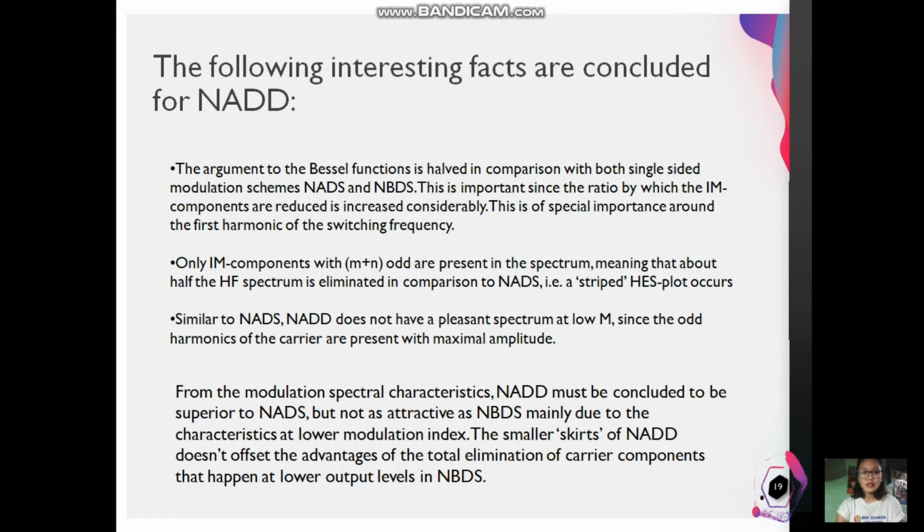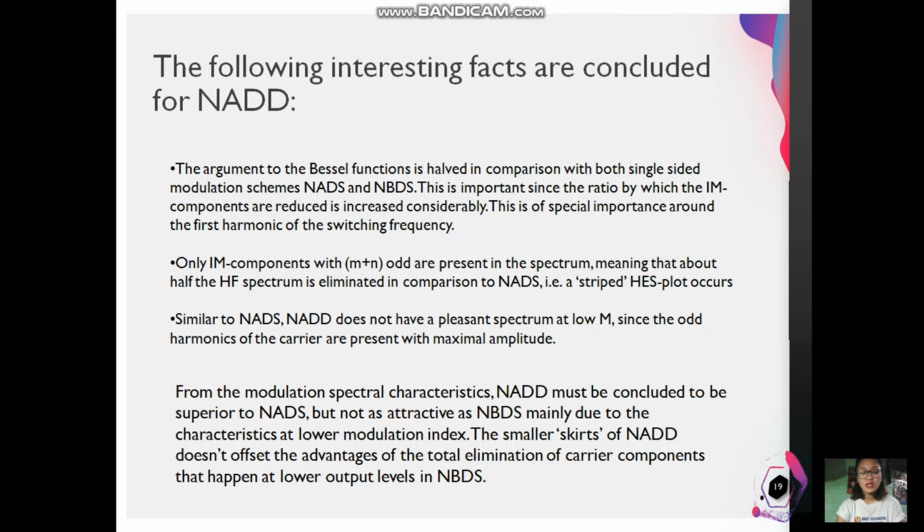From the modulation spectral characteristics, NADD must be concluded to be superior to NADS, but not as attractive as NBDS, mainly due to the characteristics at lower modulation index. The smaller skirts of NADD don't offset the advantages of the total elimination of carrier components that happen at lower